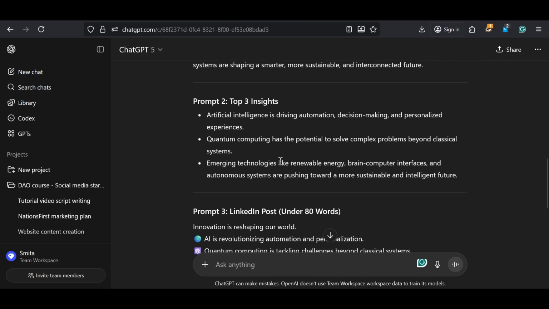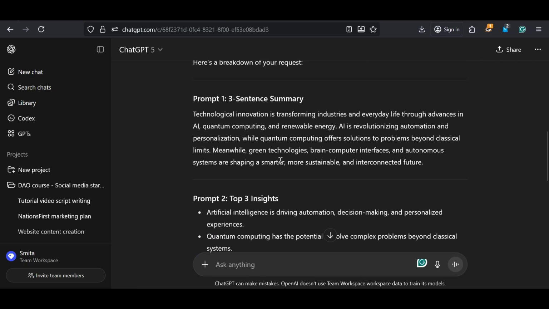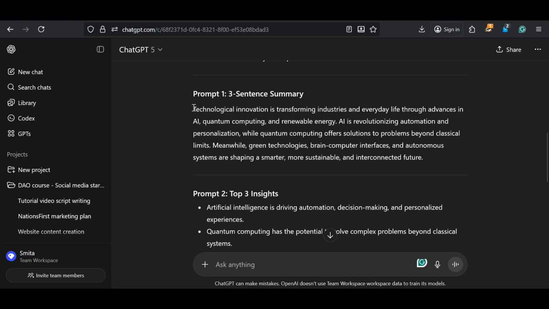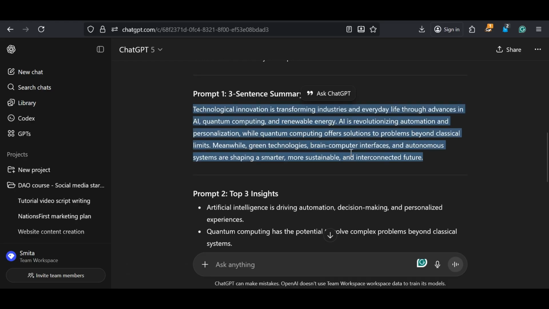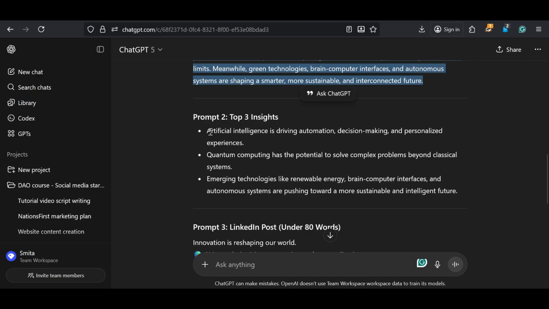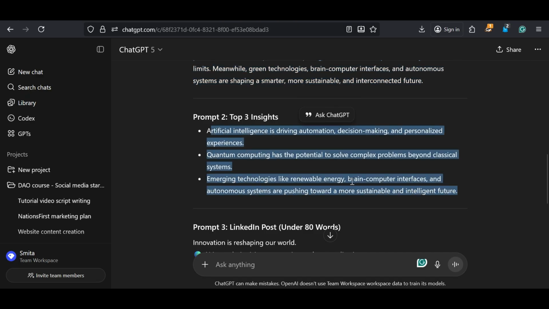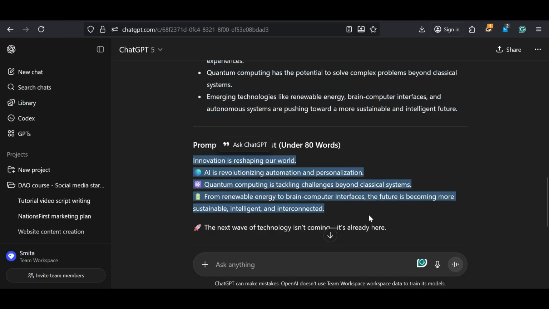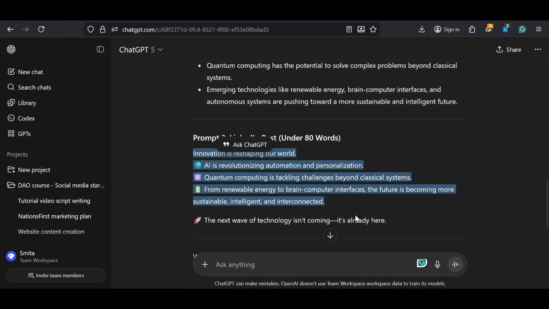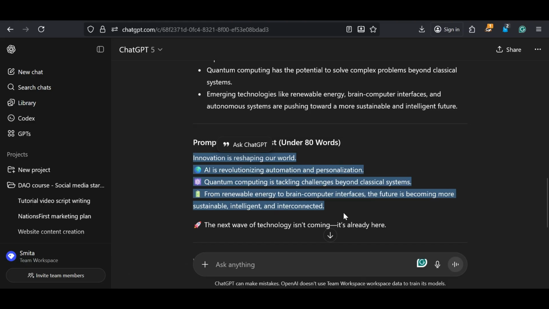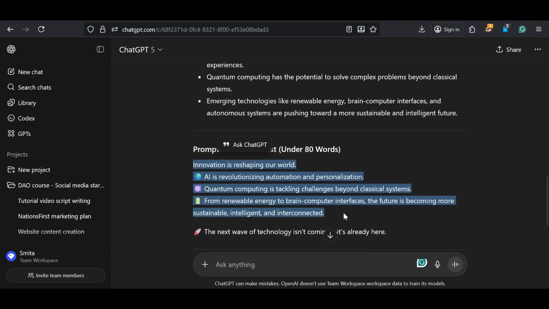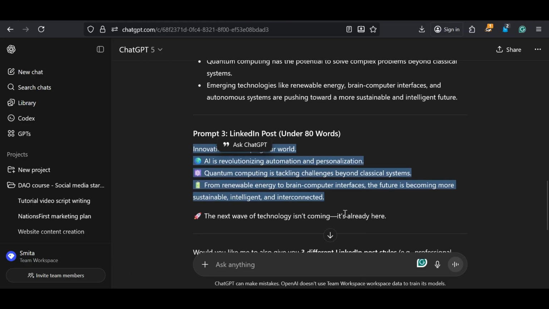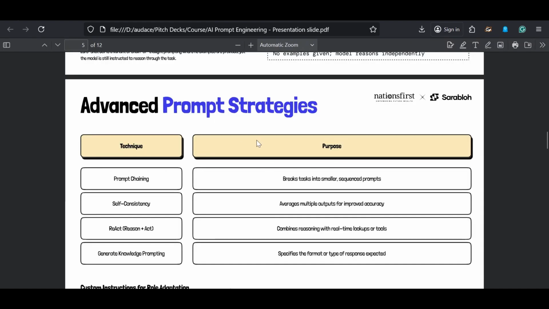So look, here it gave the summary, which is technological innovation and so on. And then it gives us three insights, right? And then it makes me a LinkedIn post. And then you can refine it as per your tone, as per your previous post, and all of that. So second is